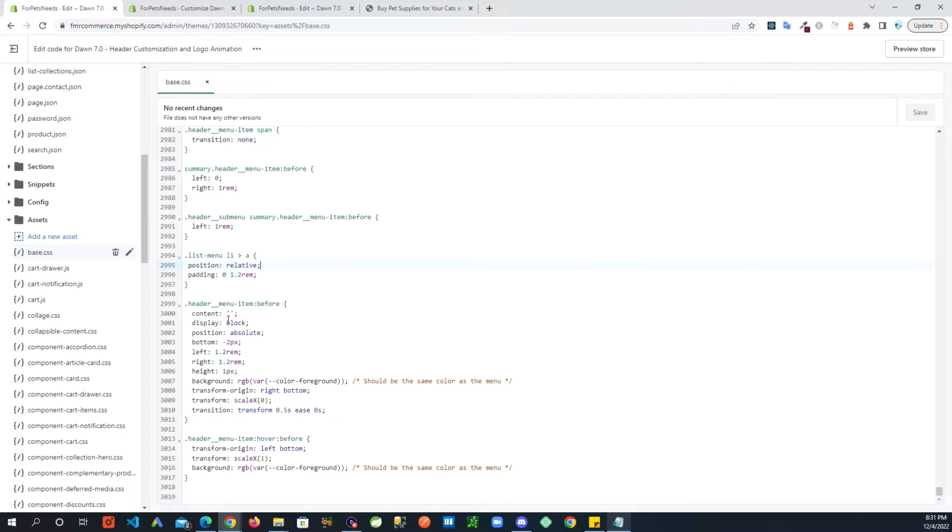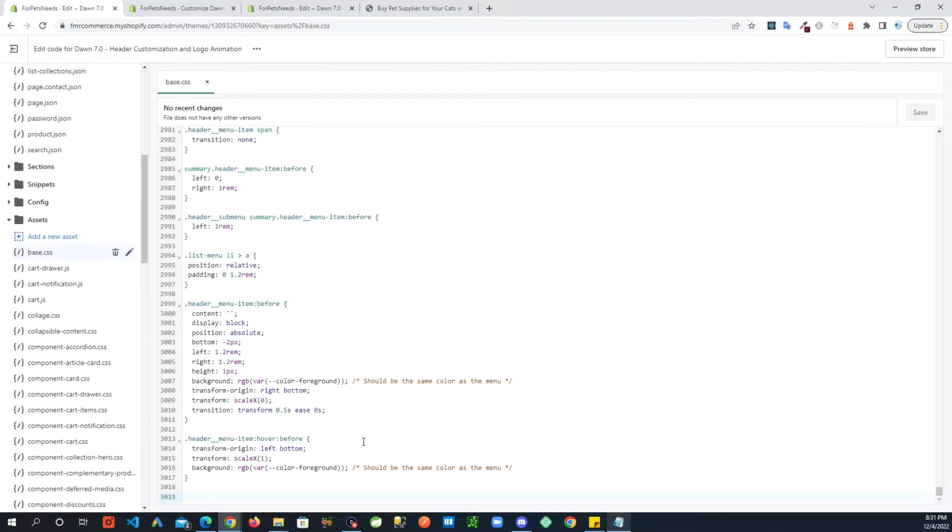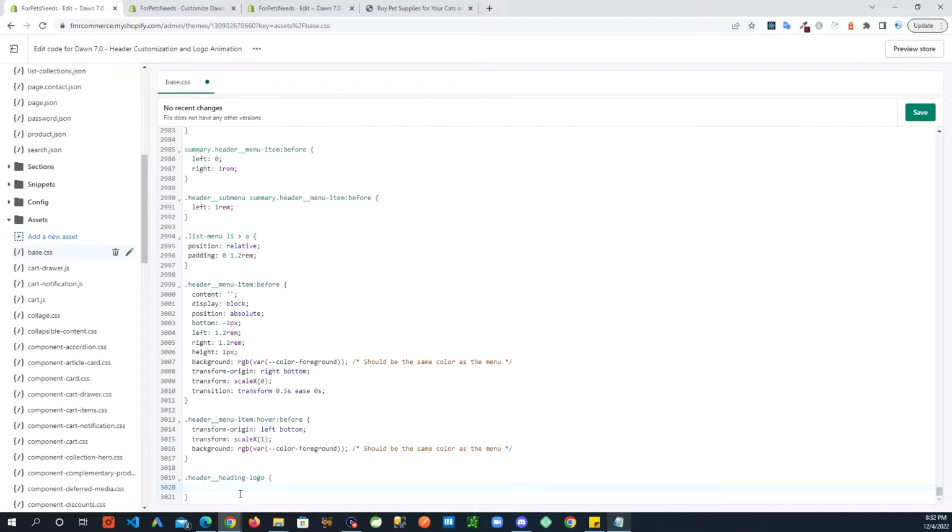I'm sure you guys know how to get to the code of your files, and right here at the bottom I am going to add some code for our first animation, which is going to rotate this on the horizontal axis. So I am going to paste that class I copied with a dot like this, and then brackets, and enter in here. Now you have this space in here, and here I'm going to paste a bit more code, and that will be